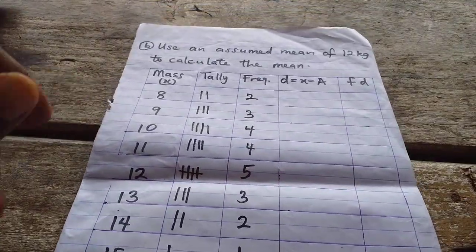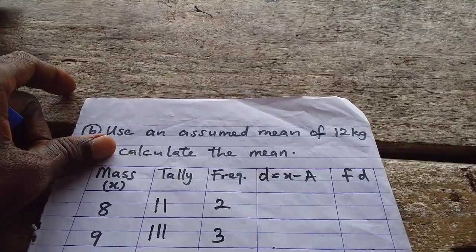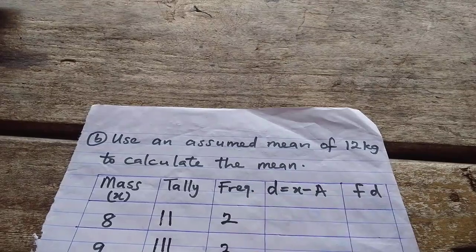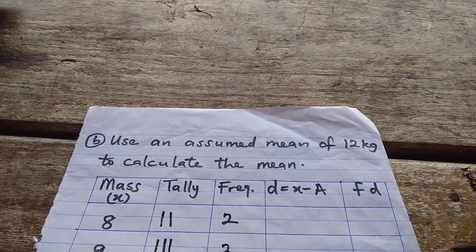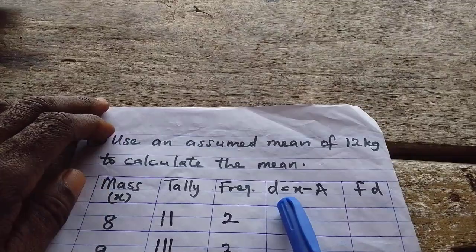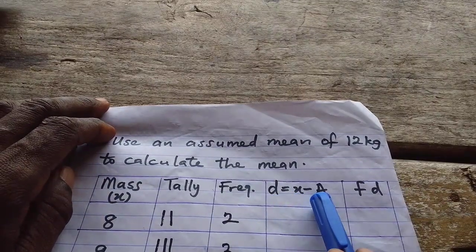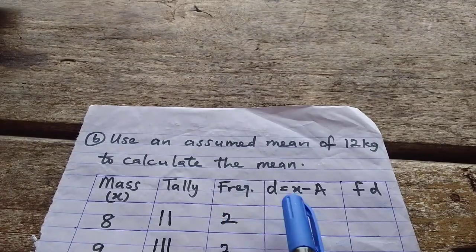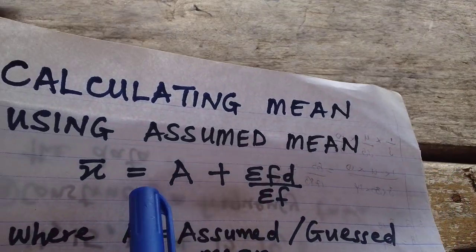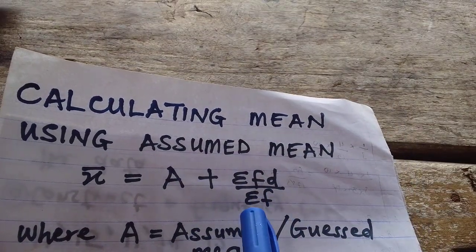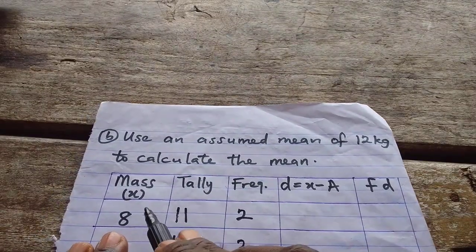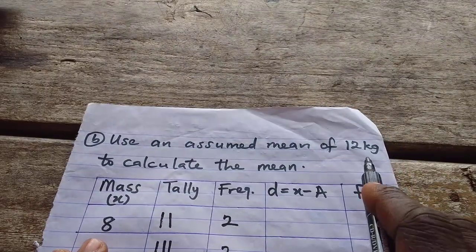Now, you need to get D, which is x minus A. The question says we should use an assumed mean. So before we can use the assumed mean, we need to get the value for D, and D is represented by x minus A. So the parameters in the formula are what we are trying to first of all put down in your table, because the formula is A plus summation FD over summation F. So we need to get the value for our D. So to get our D, we said x represents the class mark, then A represents the